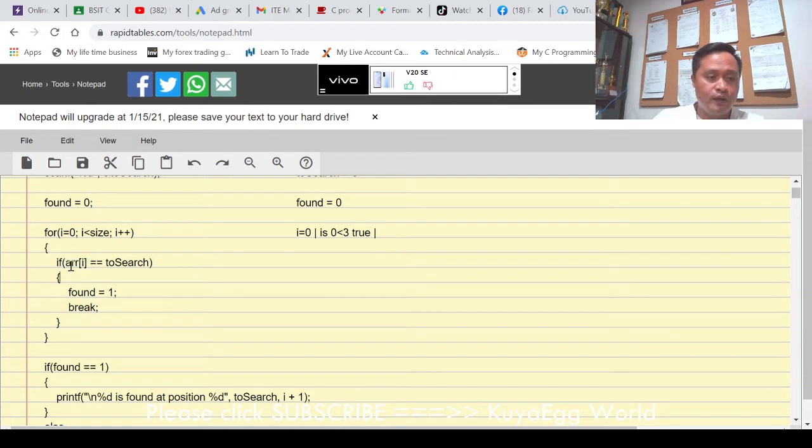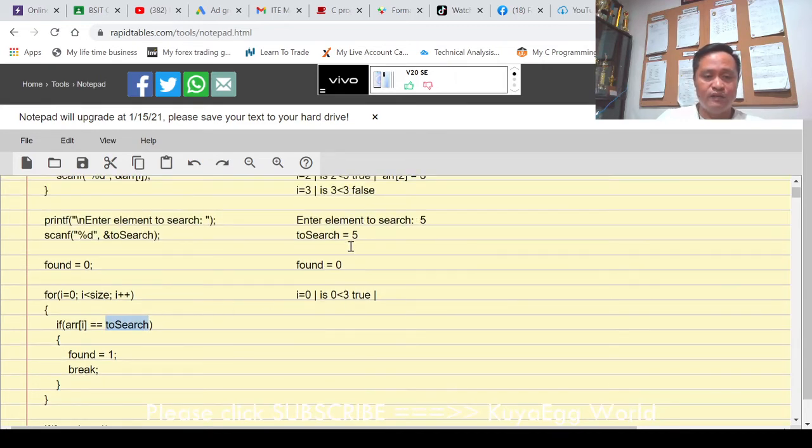Is your R index I equal to this variable to search? Now take note that to search has a value of 5. So we're now starting to look for the value of 5. What position? And is it within the bound of R? Okay. Now take note that R is our array variable. And R now contains 3 values, right? And we are looking for 5 among these 3. Here. So it is now asking for is